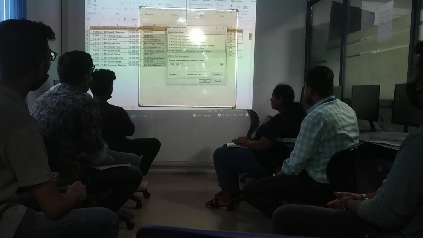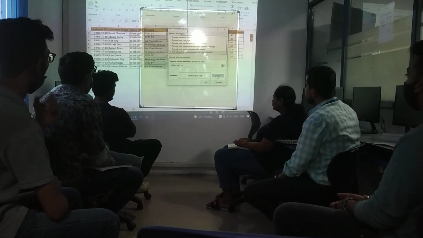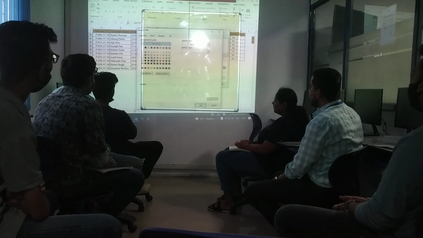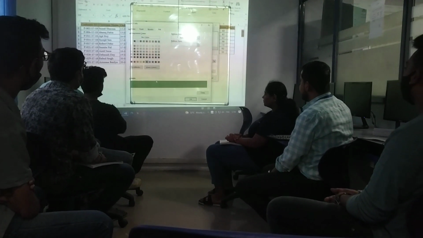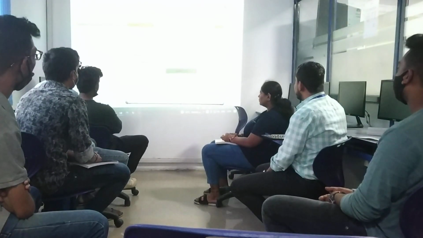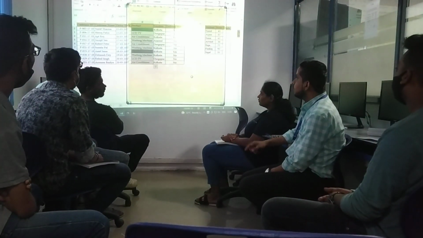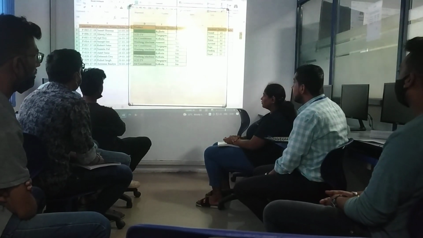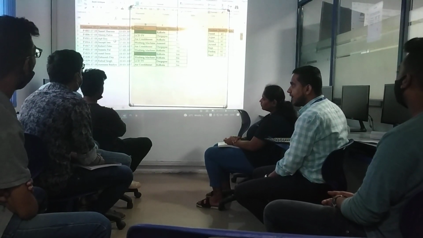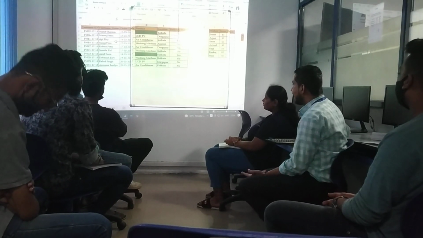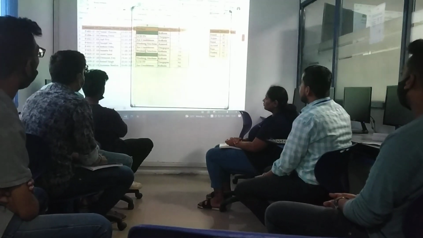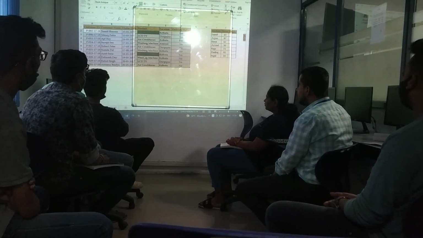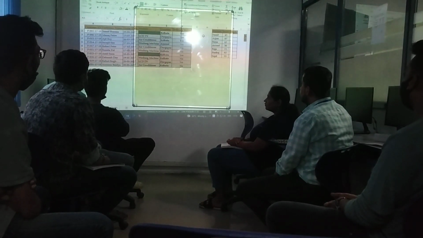After giving the condition, you will get the format option. Just click the format option, then the fill option. We can choose any color, like green, and OK. So you can see here the LED TV is highlighted. But we can highlight only the LED product, not the entire row. If you want to highlight the entire row, you have to select the entire data. Then the entire row will highlight.